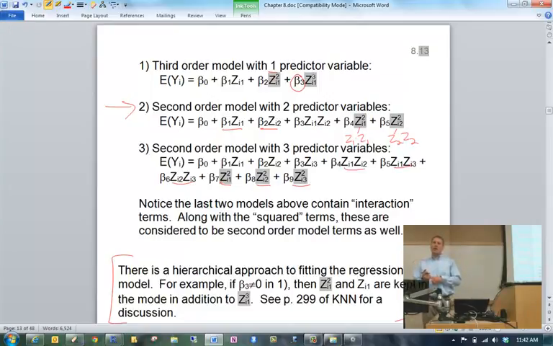We'll always do that. The book gives some justification for why we do that. Some other justification is that if you don't do that, you're going to force particular shapes to your model. If you think of this being a graph, particular shapes that may not necessarily be what you want.